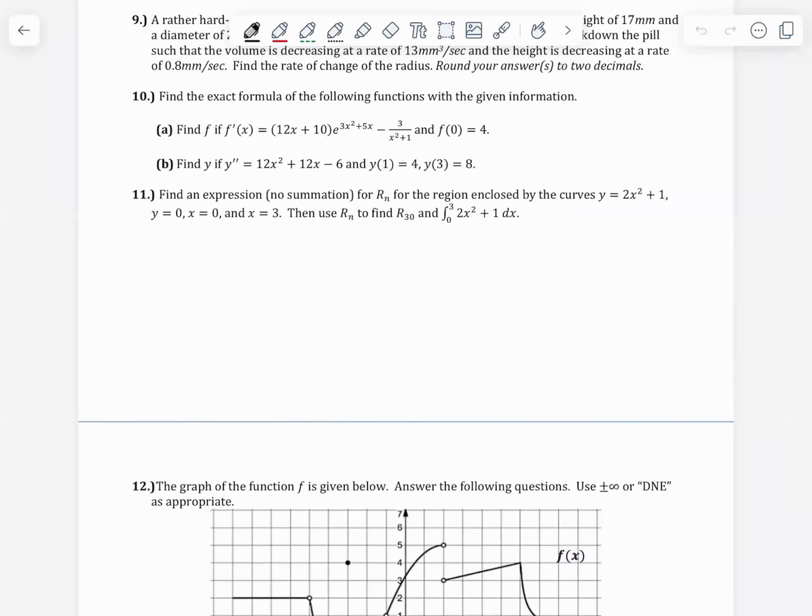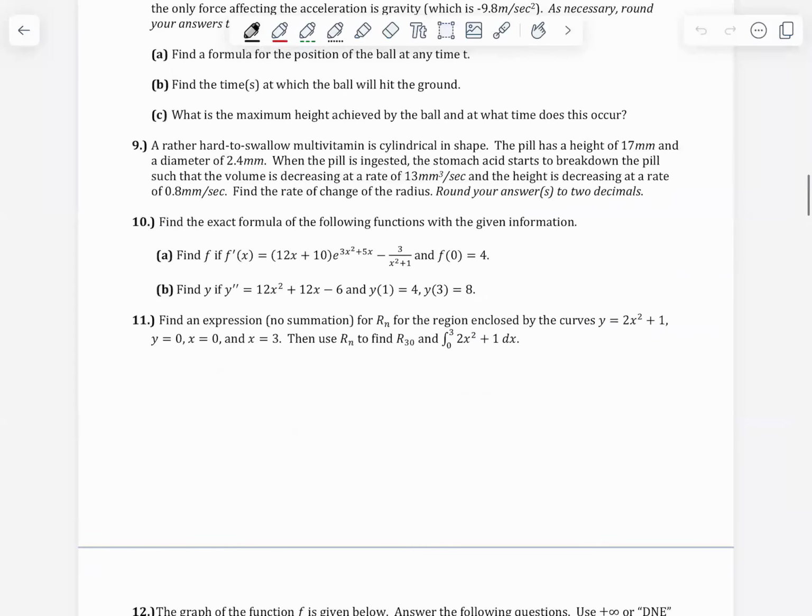11, don't worry about. 11 is not going to be tested upon. I've already talked about that. The Riemann sums not going to be tested upon. But